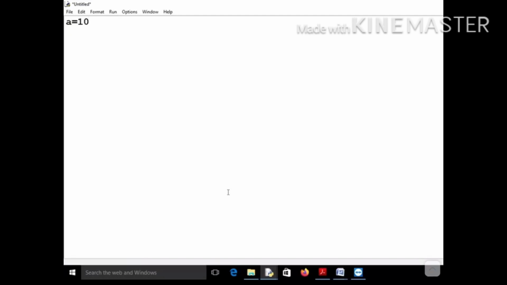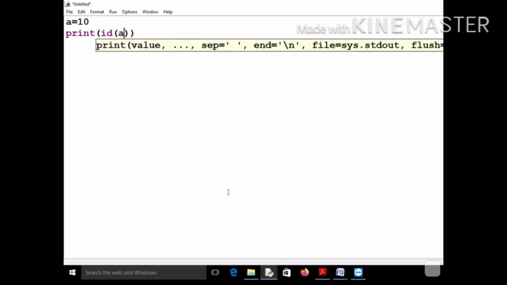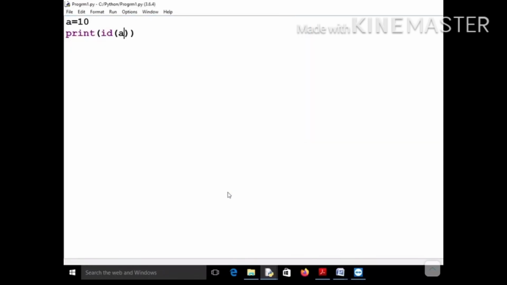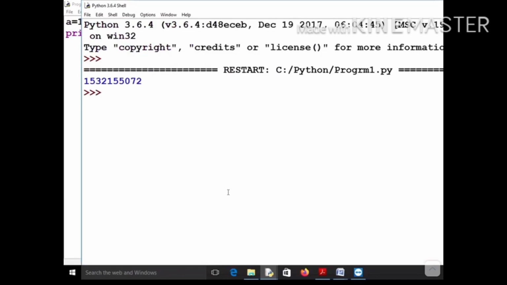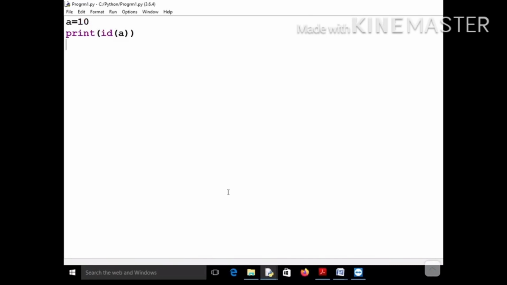Now I do print id of a, and it will give you the address of this object a. Let me run it and see what it gives. It is giving a particular address for this object having value 10, or for this reference variable a, whatever you may say. Now what happens if you change the value to 11?